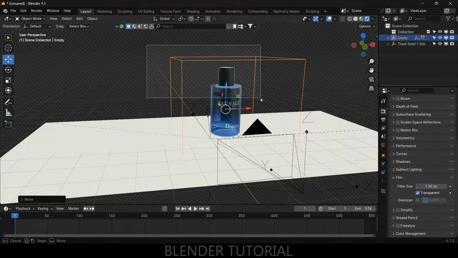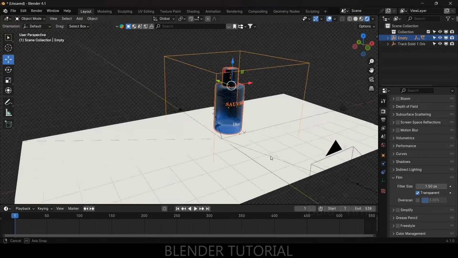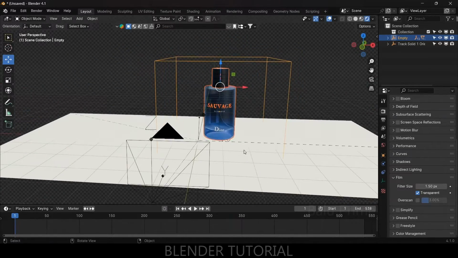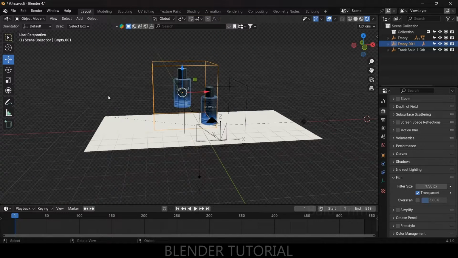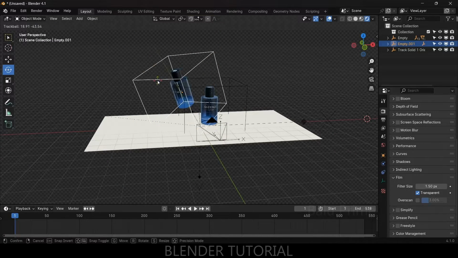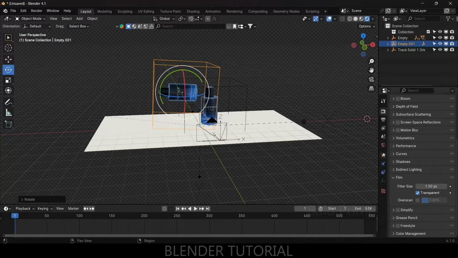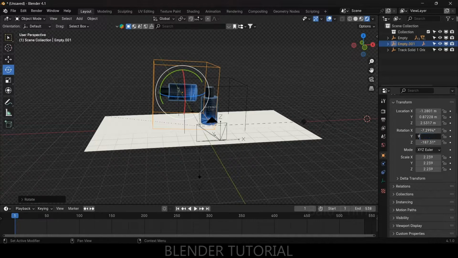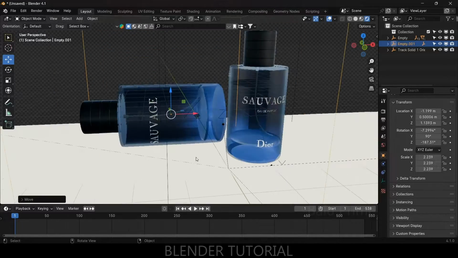So select everything, press 3 for side view. Let's select everything here. So I think only this object is selected. Press Shift D to duplicate it. Now let's select the empty, or rotate it here like this. So let's come to here and change this to 90, and let's place this just